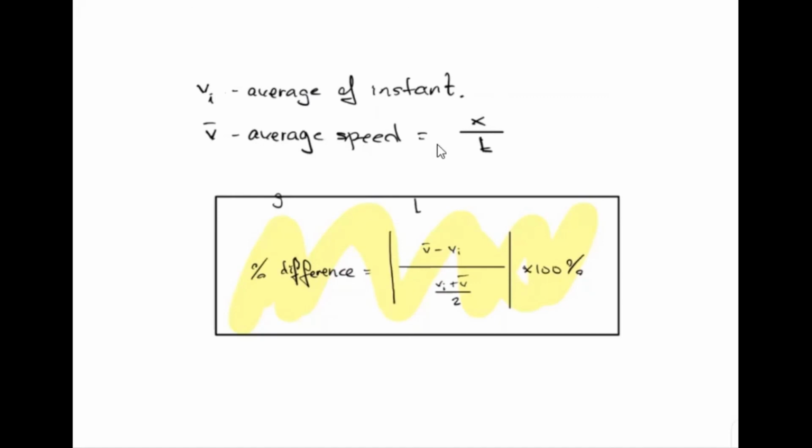One is the average speed computation. The other one is the average of the instantaneous speed values. So you do a comparison between the values, which is known as percent difference: the difference divided by the average of these two values. You take the absolute value of it and multiply by 100%. It should give you your percent difference. The bigger the number of measurements that you have, the closer the average of your instantaneous speeds should be to your average speed value. All right, so that's what you're verifying.